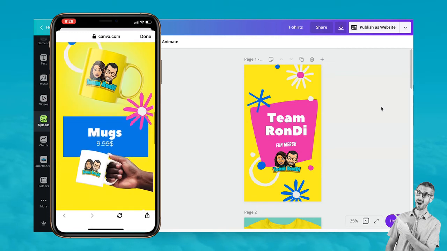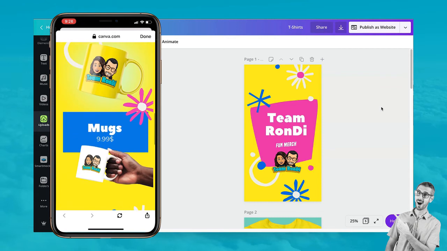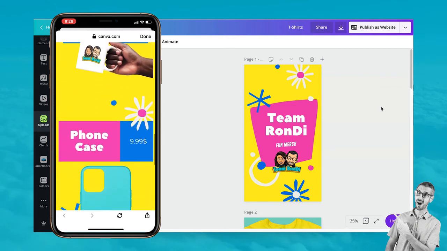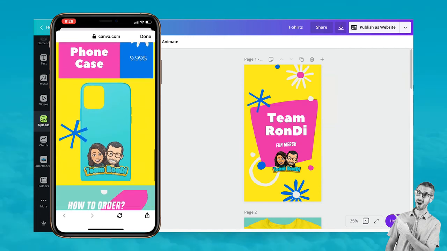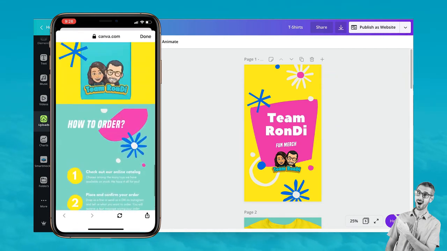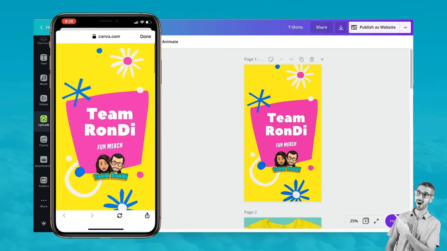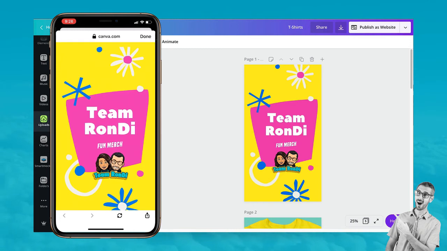It brings everything nicely to life. And I like that I can see the mug in different colors. And then we have phone cases. This is pretty cool, how to order. So that's what I wanted to show you guys,